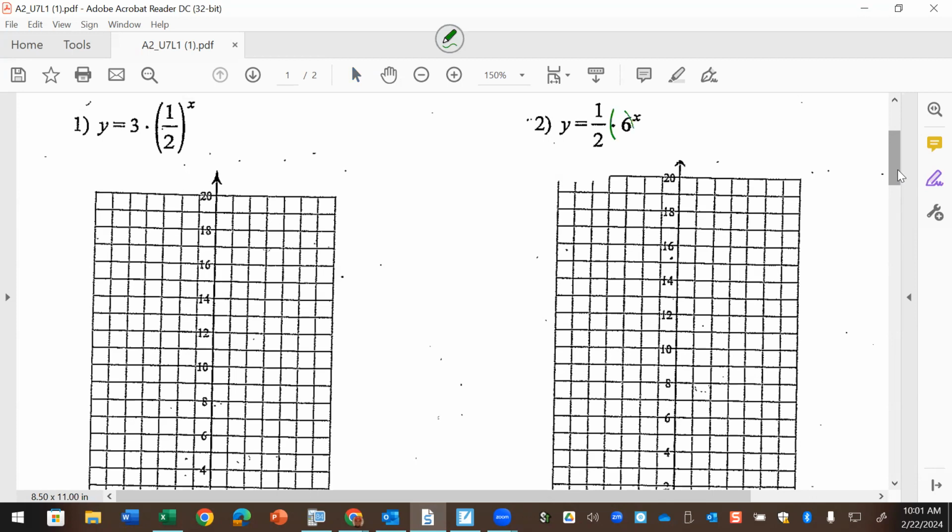It is growth because where's B? Which number is B? 6, and 6 is bigger than 1, right? So this is growth. How many points did I say you needed to plot? 1. Let's go. Plug in a 0